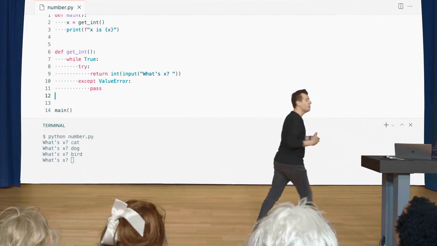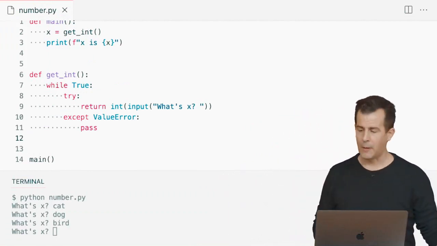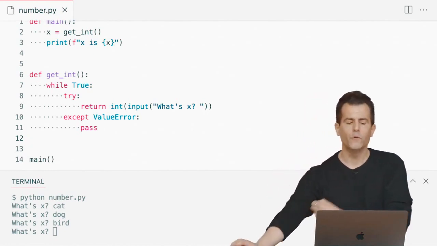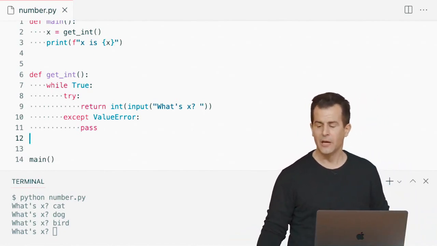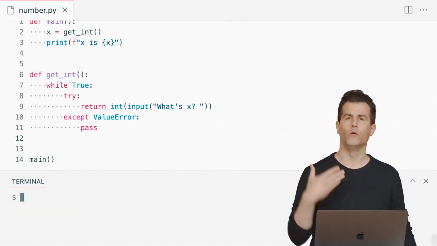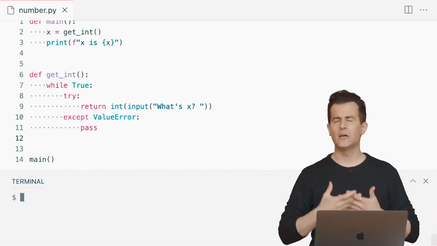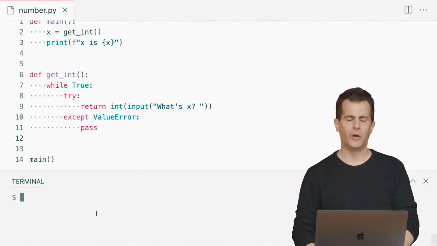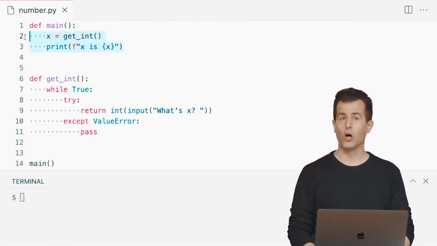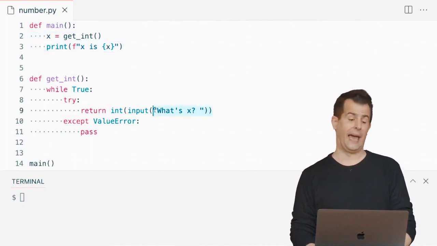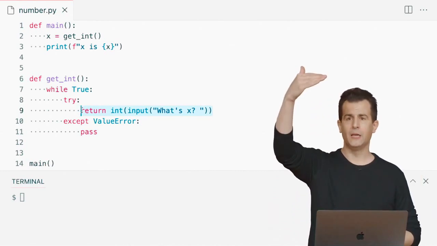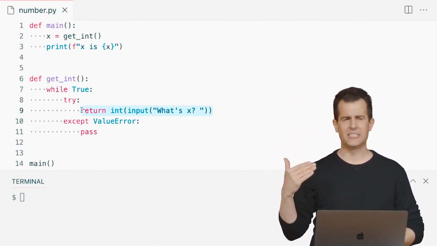Well, let me propose some final refinements to this program that really just tighten things up one additional step to improve the implementation of this getInt function. Let me propose that we not hard code, so to speak, that is, type manually x all over the place. Let's make this function getInt a little more reusable. Right now, notice that I'm just using the honor system that, well, main is defining a variable called x, and getInt is asking for a variable called x. But it would be nice if the caller, main, doesn't have to know what the callee is naming its variables,